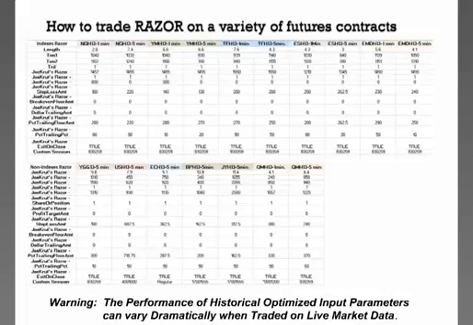Basically, these are the inputs on the left. And on the right, I have two pink columns at the top. That's the NASDAQ 1 minute and the NASDAQ 5 minute. The next two columns are the mini Dow 1 minute and the mini Dow 5 minute. The next two are the Russell 2000 at the ICE 1 minute and the Russell 2000 5 minute at the ICE. Then there's the E-mini S&P 1 minute and the E-mini S&P 5 minute. And the last is the mid-cap S&P 400 1 minute and the mid-cap 5 minute.